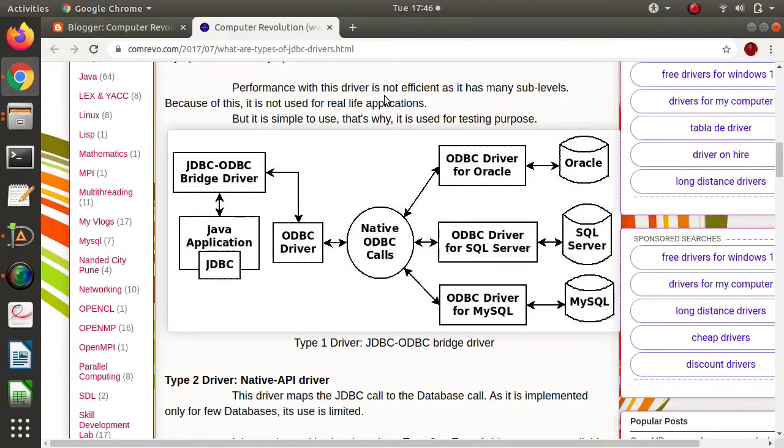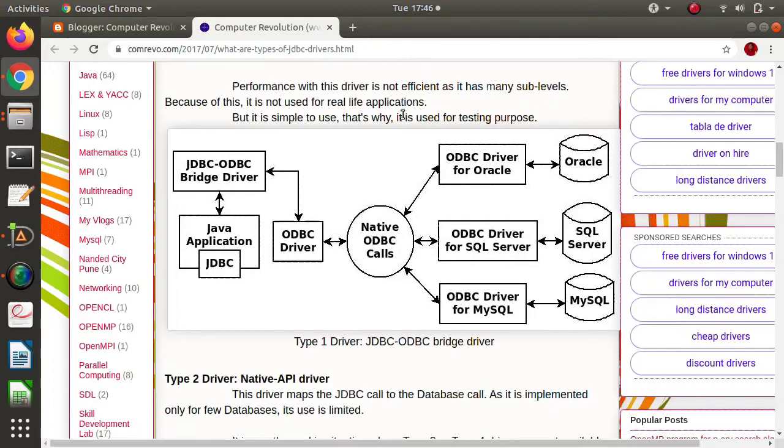So mostly the Type 1 driver is used for testing purposes, or in academics, just to learn how database operations are done. But for commercial applications, this driver is not used as it is slow. There are so many steps, and that is its disadvantage.